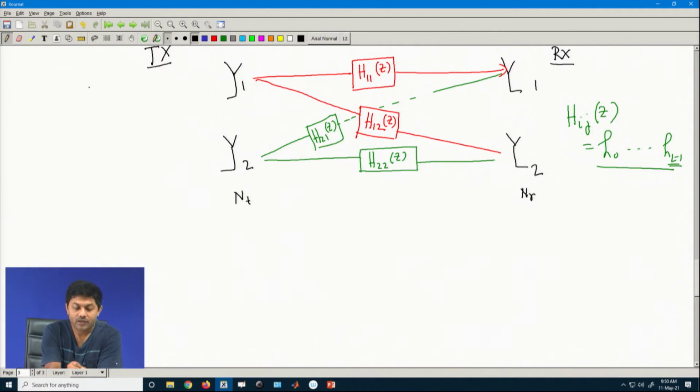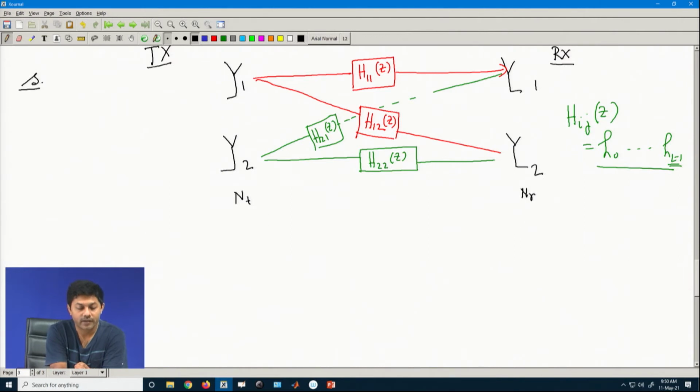So, the way the structure would be, each individual transmit antenna you can think of like one waveform system. So, what you do here, I can say this is my S vector which I was transmitting earlier.